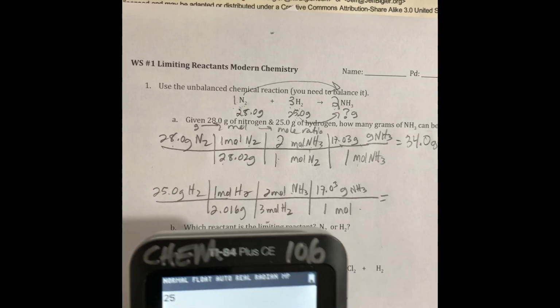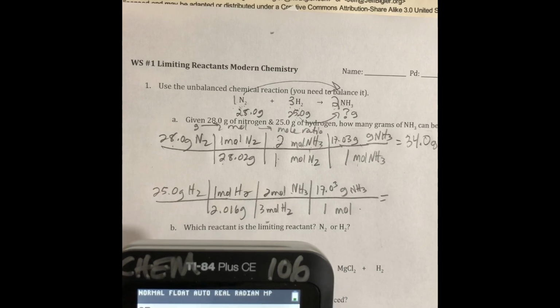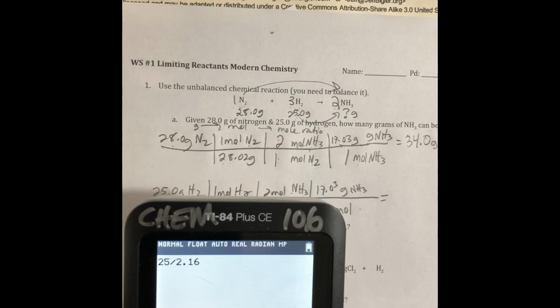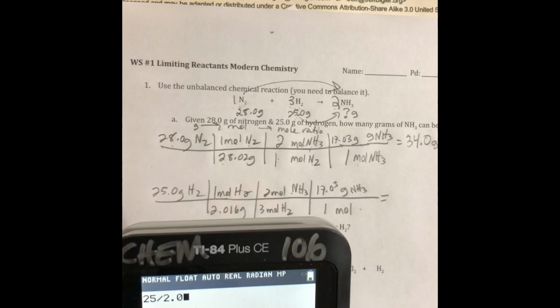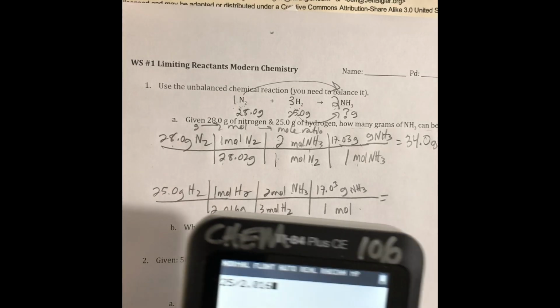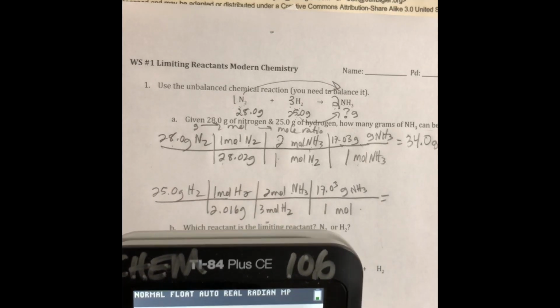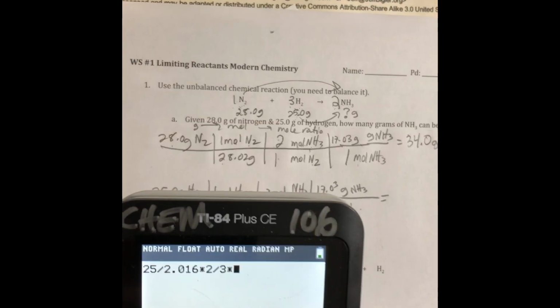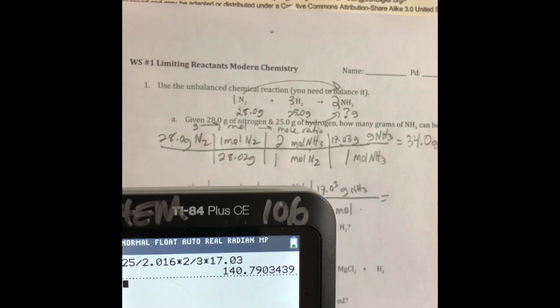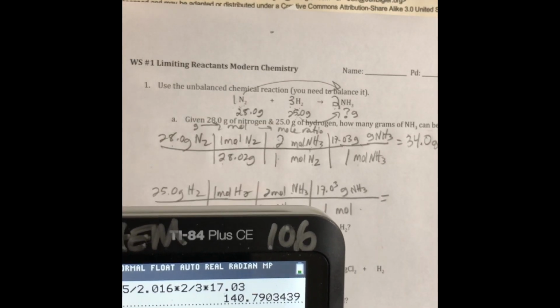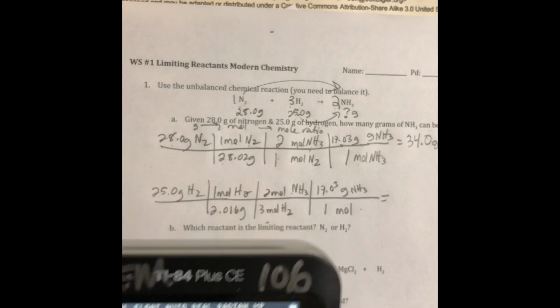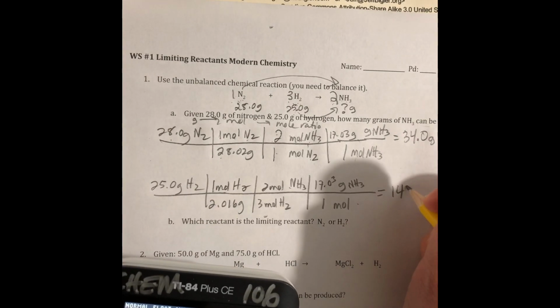25 divided by 2.016 times 2 divided by 3, and then times 17.03, and that gives me 140.7. I can have 3 sig figs, so that's 141. So that's 141 grams of